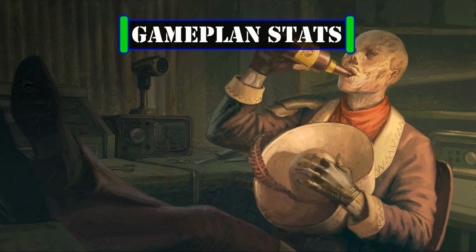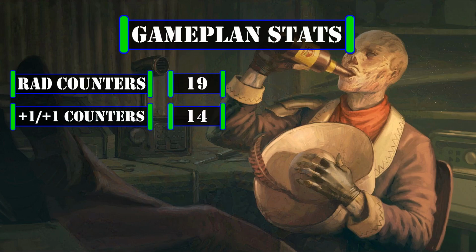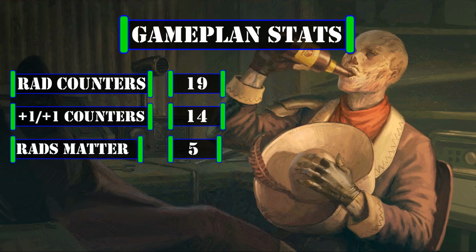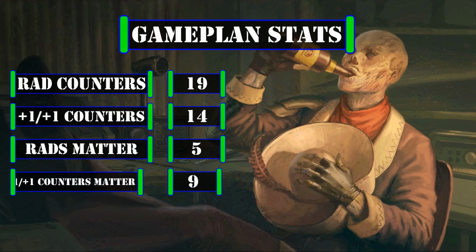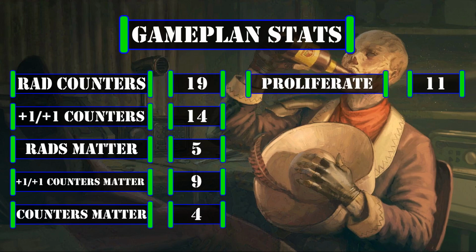Looking at the stats that matter to our game plan, we have 19 sources of rad counters and 14 sources of +1/+1 counters to get our primary counter-centric game plan rolling, 5 cards that care about rad counters, 9 cards that care about +1/+1 counters, and 4 cards that care about any types of counters to get additional utility out of all our counter distribution sources, 11 sources of proliferate so we can get even more counters onto our creatures